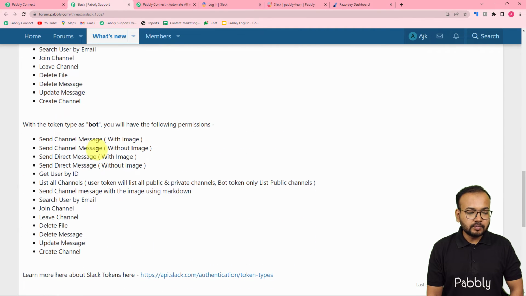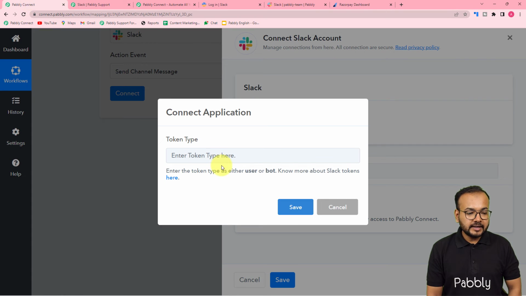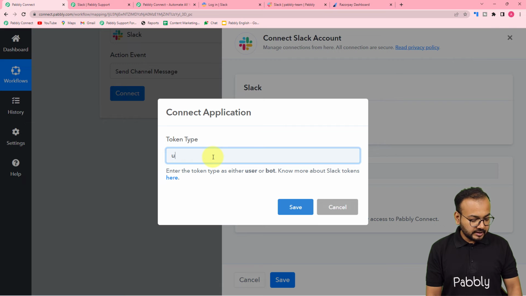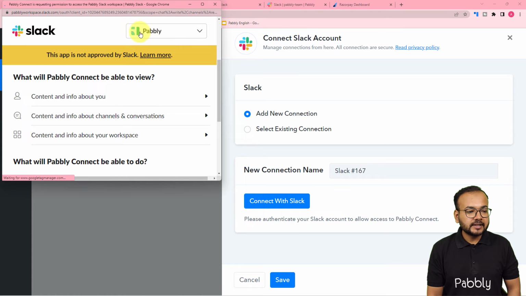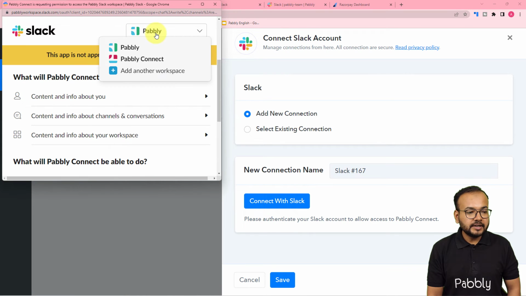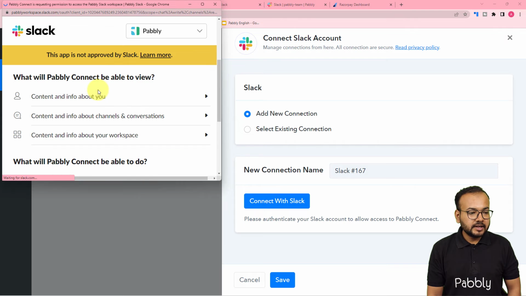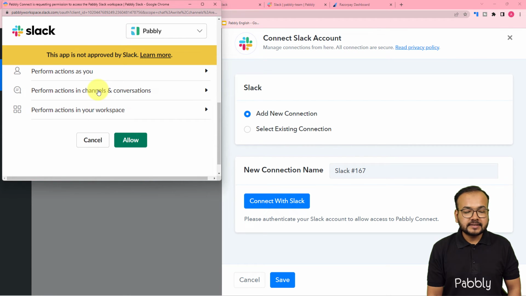Okay, and if you use bot, you will get these permissions. So guys, you can use it accordingly. I am going to use user as the token type here, and now just click on save, and from this window you have to select the workspace from the top field. Okay, and then you have to provide these access to Pabbly Connect. Just click on allow,